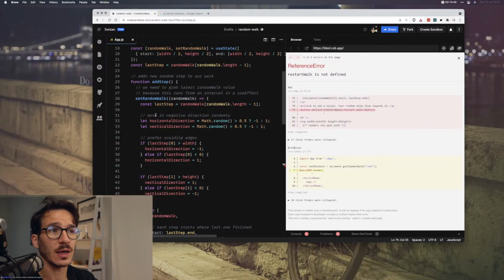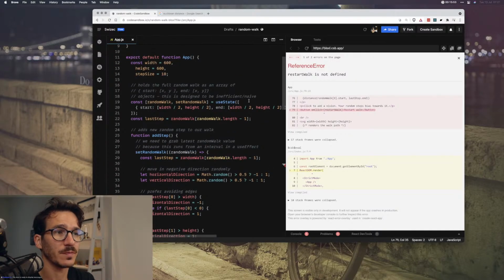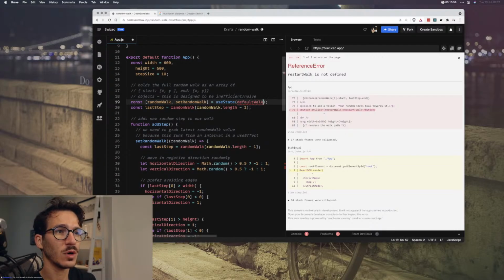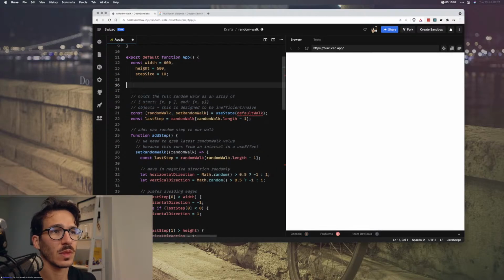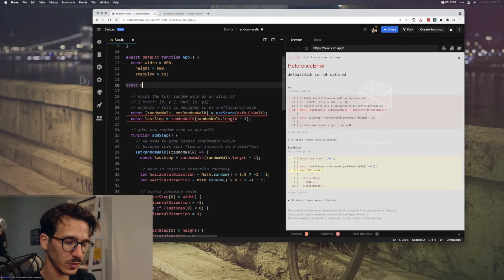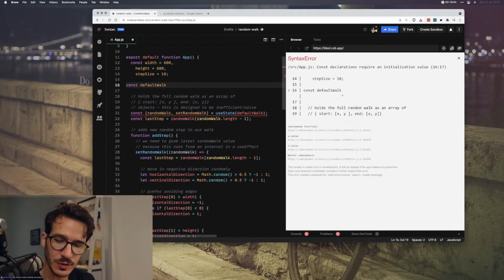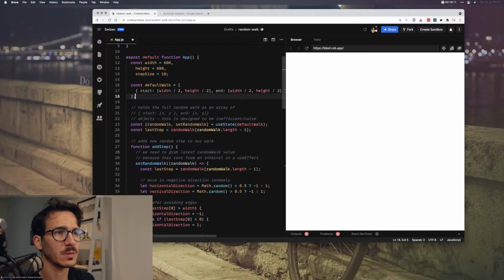So then we need to make a function called restart walk that's basically going to take our random walk array and destroy it. So const default walk, or starting point default walk. What should we call this? Doesn't matter.